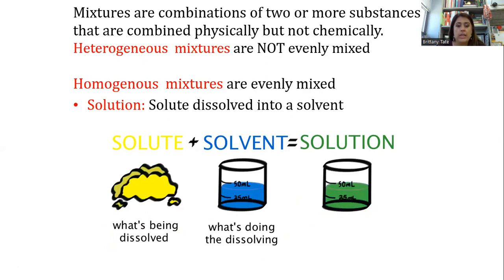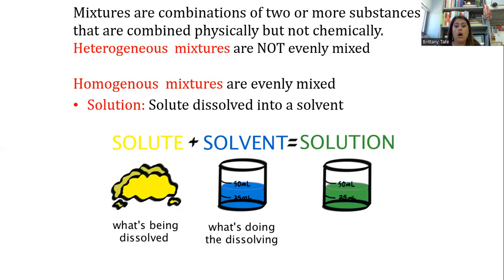So heterogeneous, they are not evenly mixed. Remember we did the lab with the Chex Mix. That Chex Mix had pretzels, and it had corn Chex, and it had wheat Chex, and it had the wheat bites, and it had all these different things. They were not evenly mixed. So we pulled some out. We maybe had 3 Chex Mix and 2 pretzels. That would be a heterogeneous mixture.